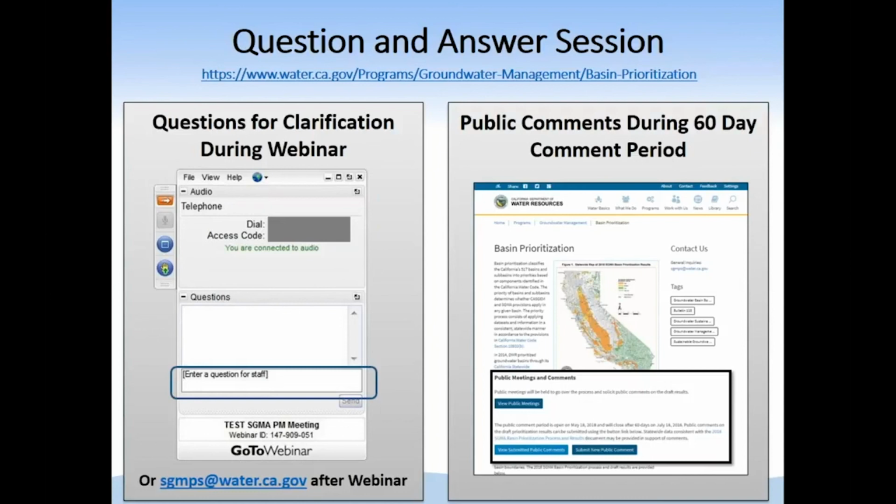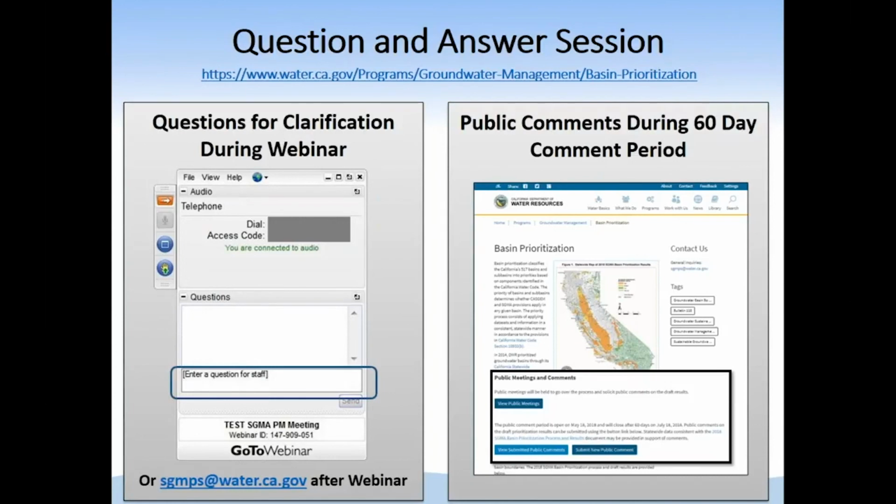Great. We'll jump back to the topic you touched on earlier, Trevor. Stephen, are there any additional requirements from SGMA when you consider high priority versus medium priority? So again, the short answer there is SGMA treats these two priorities the same way. And so therefore, there's really no difference in the requirements for high or medium priority basins.